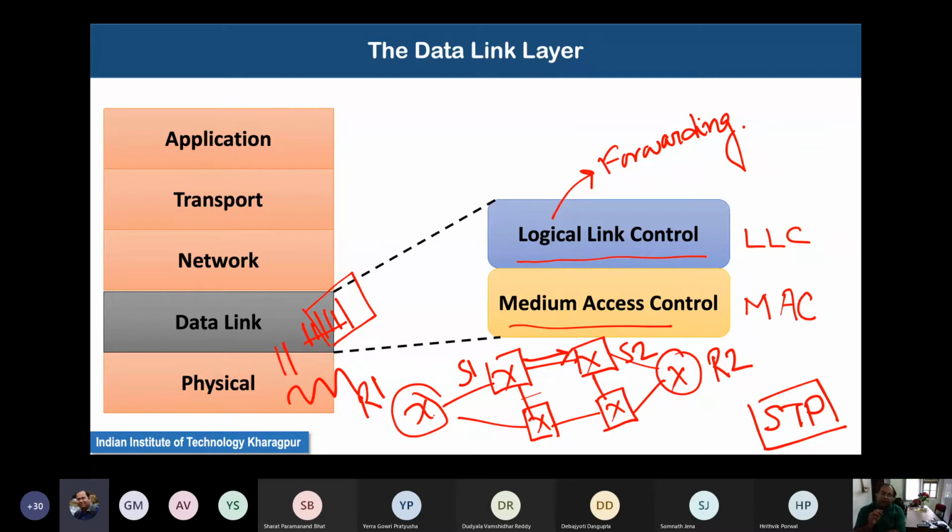What the data link layer, or particularly the MAC, has to do is convert this signal to meaningful data, and find out whether there is meaningful data in the signal or not. If there is, you need to find the start of a new frame and the end of a frame, because from the signal you are receiving a continuous bit stream.